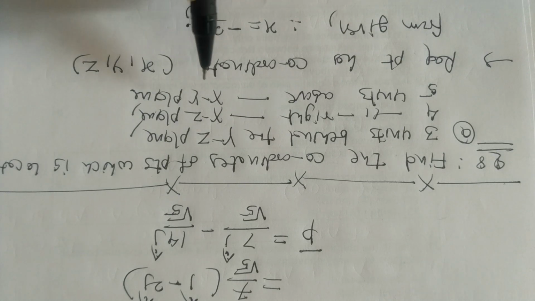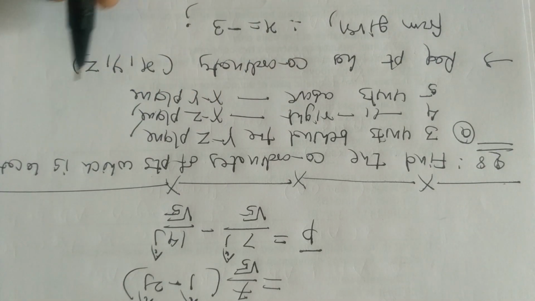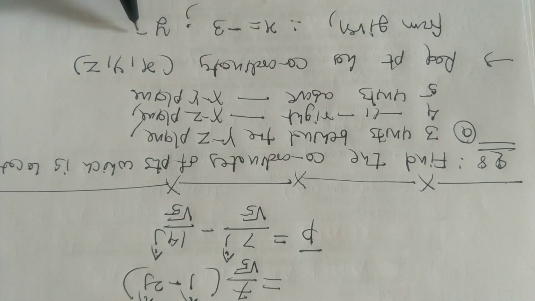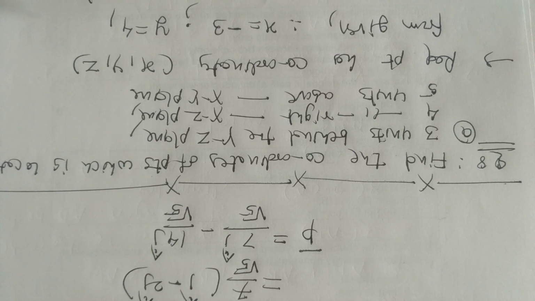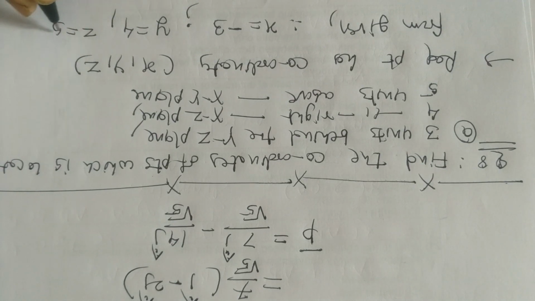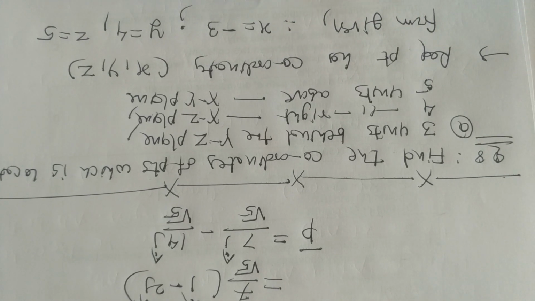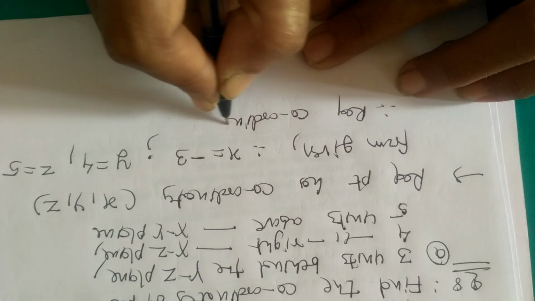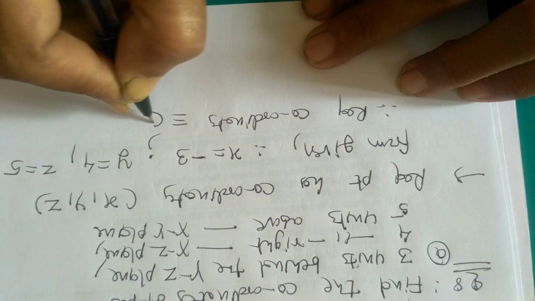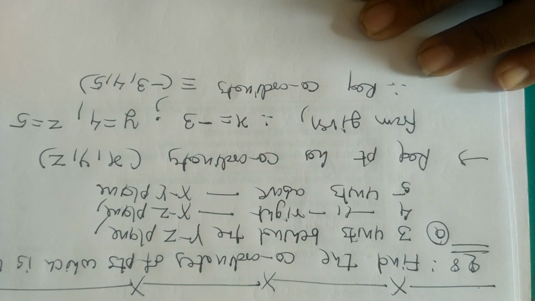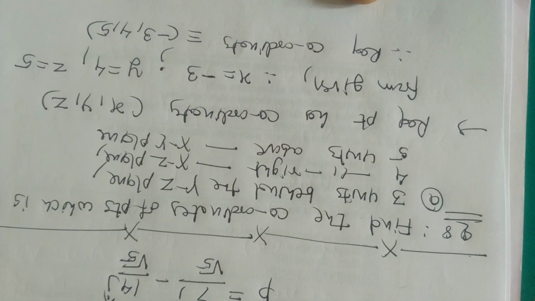Now from the second condition, right to the xz plane means in the positive direction. So in the xz plane, that gives coordinates perpendicular, means y is equal to 4. And corresponding next, above the xy plane means again in the positive direction. So we take z is equal to 5, and therefore the required coordinates are minus 3, 4 and 5. Very easy question. Only from the wording we find the coordinates of the corresponding point.